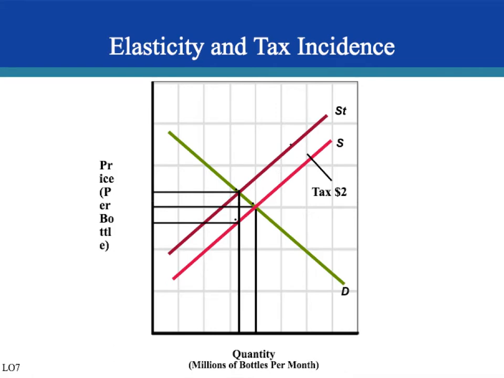This is showing a tax on wine. More specifically, the tax is levied on the producer of the wine, because here we see the supply curve shift. And if it was levied on the consumer, then it would be the demand curve that shifted. Okay. So at the original equilibrium, which is over here,